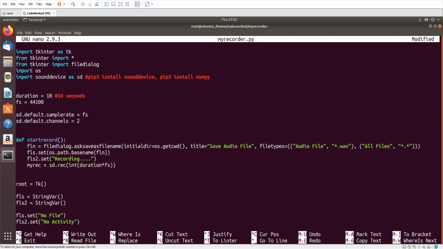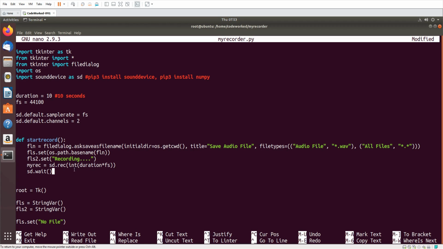Okay guys, and here I will call sd.wait. This variable will hold my recording. Now what to do with this variable? We have to save the recording in the file, obviously. That's why we call filedialog here.